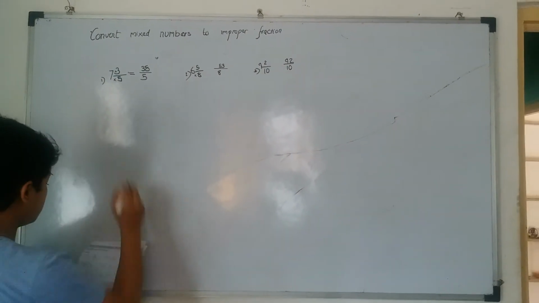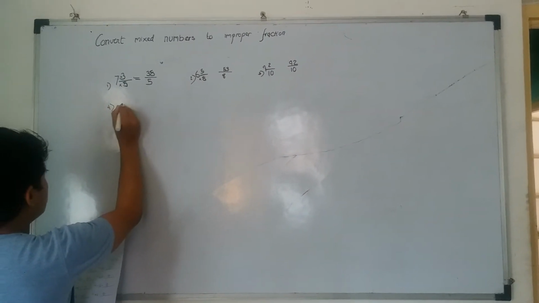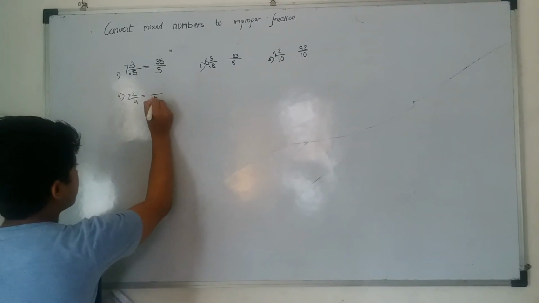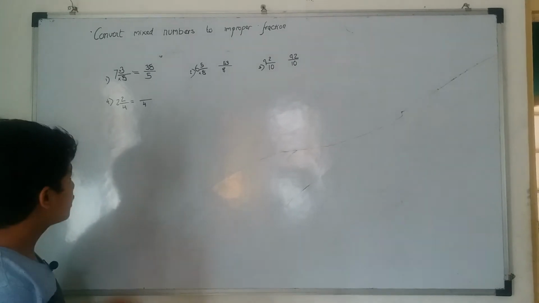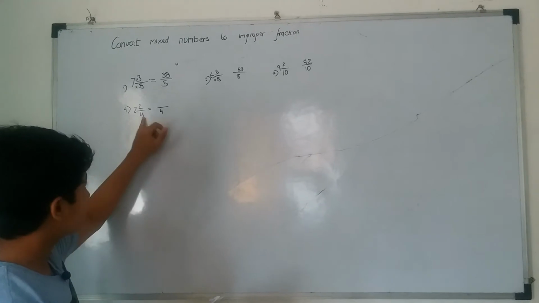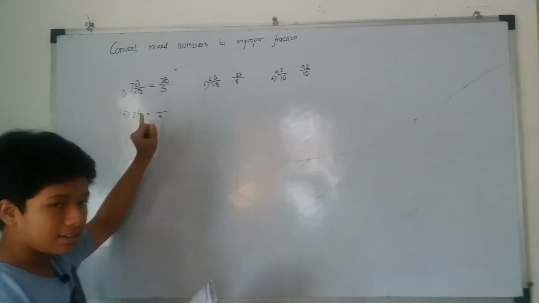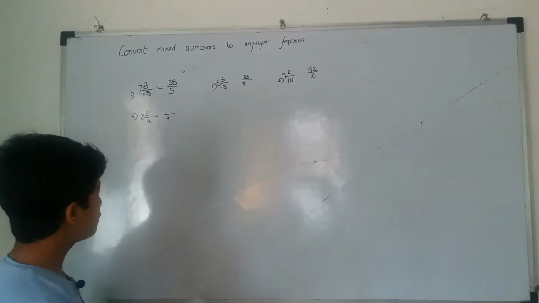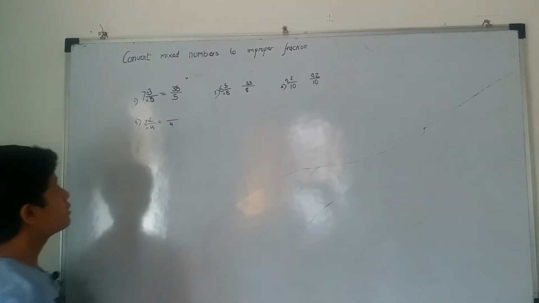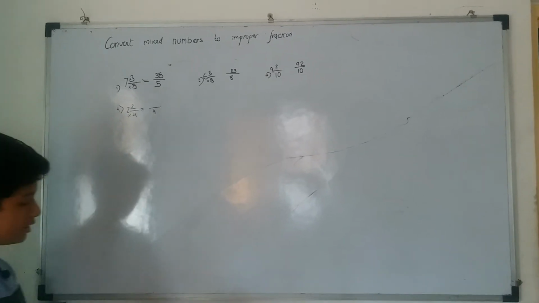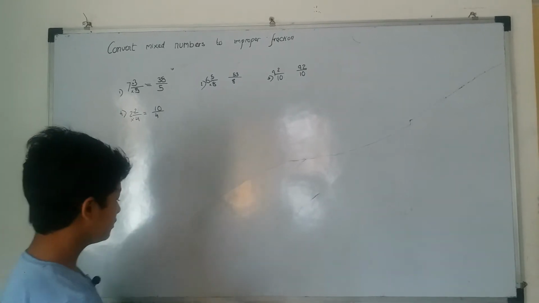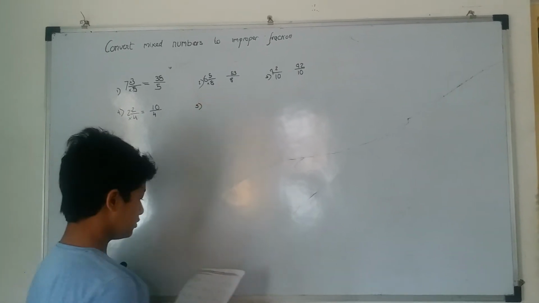Then our fourth question, 2 upon 4. In this question we also do the same. You have to do this in every mixed fraction. If you have to convert it to an improper fraction, you have to write the denominator the same. Like this is 4, so it will remain 4. Now next, in this we will multiply. 2 into 4 equals 8. 8 plus 2 equals 10. See, this simple question.